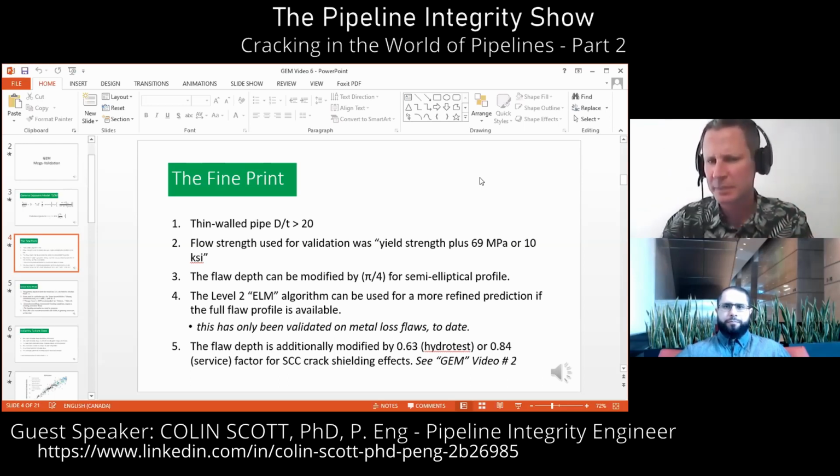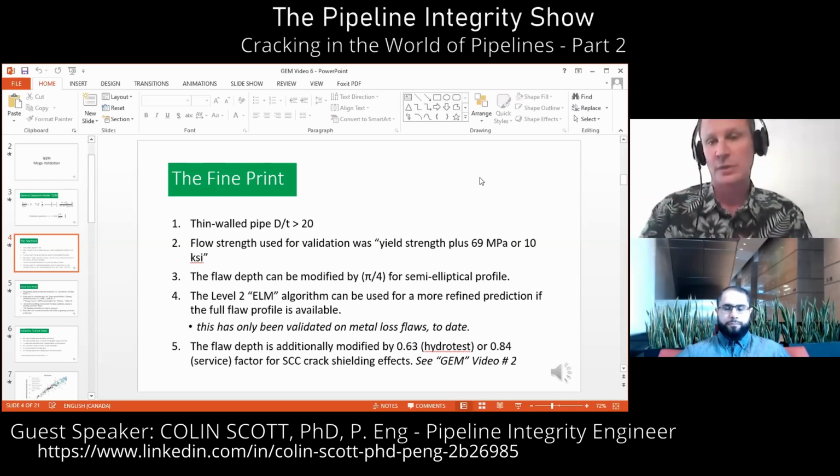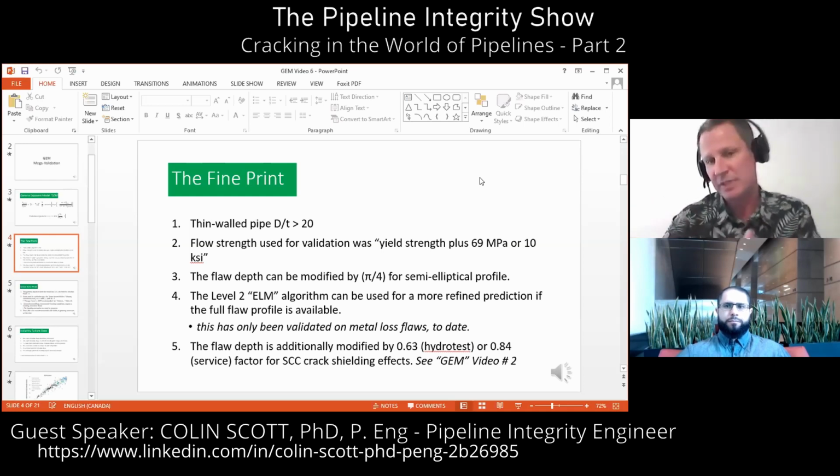I think if you look at something like API 579, if my memory serves me, they say that if you have a bunch of cracks together, you should take the maximum depth, and then I think they add a correction factor on top of it in terms of depth. So they're actually getting even more conservative. So this is what I've done: if I can calculate what the effective stress intensity factor is, or the effective J,